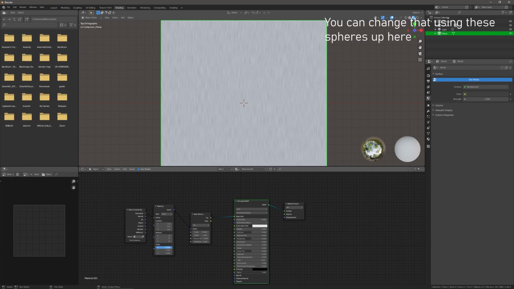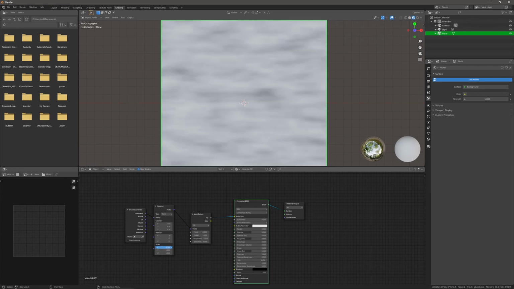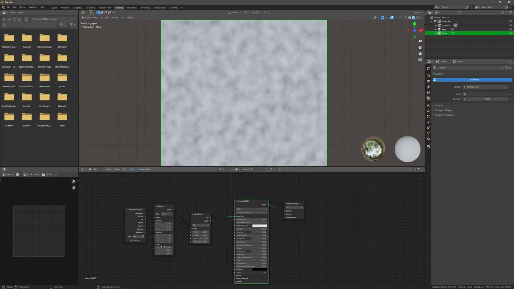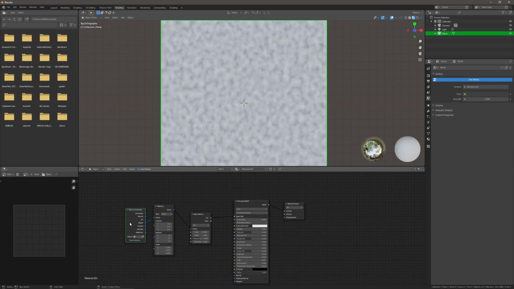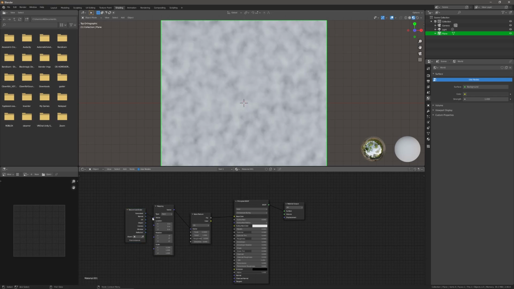You can change the stretch of it, and you can change the direction of your noise on the X, Y, and Z axis and all sorts of stuff. You can change the coordinate and what node is being plugged into what. So it could be based on the object, or as we said, it could be generated. But it's entirely up to you based on how you want it to be.